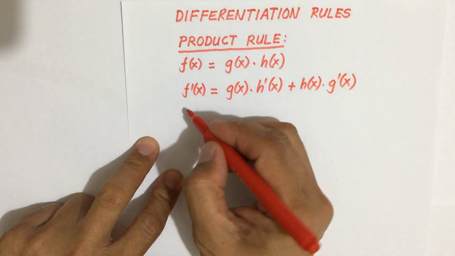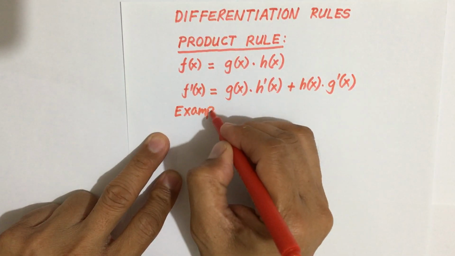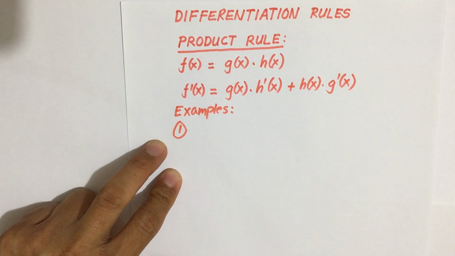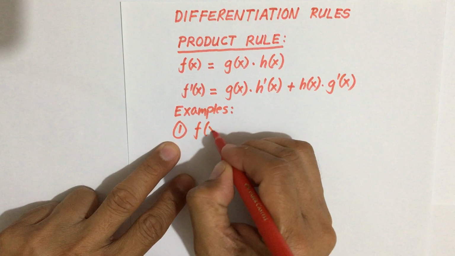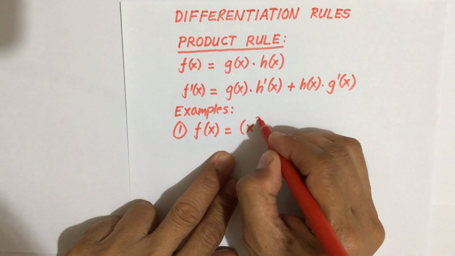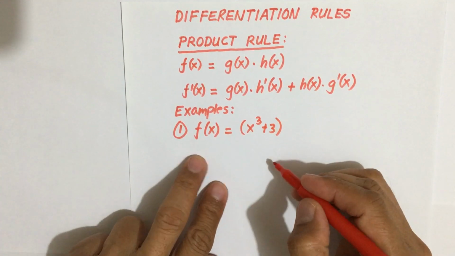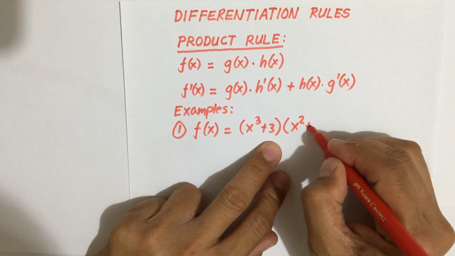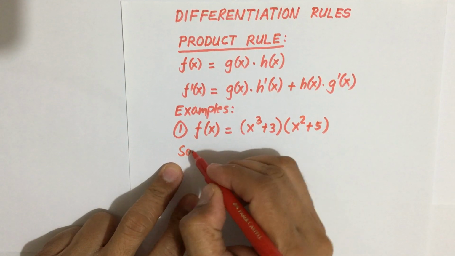Okay, so for example, example number 1, if we are given f of x equal to the quantity x cubed plus 3 multiplied by x squared plus 5, then using the product rule,